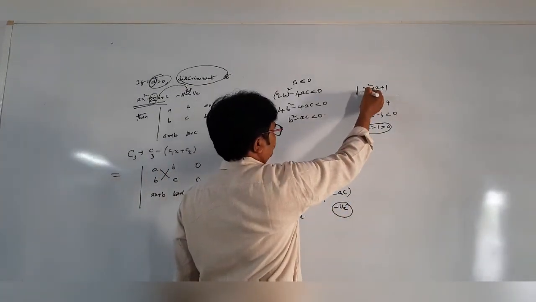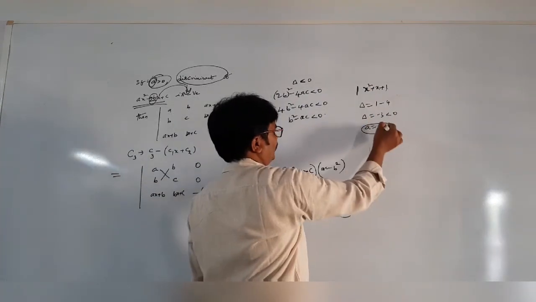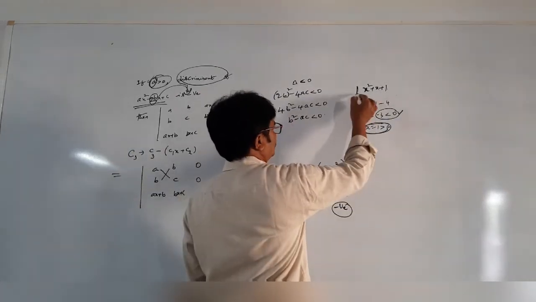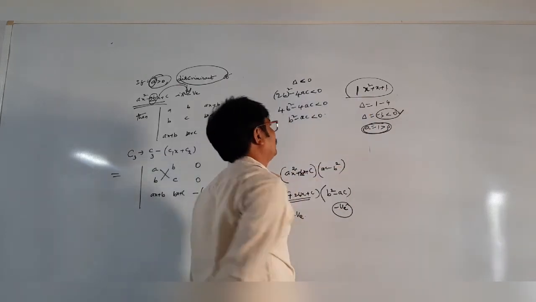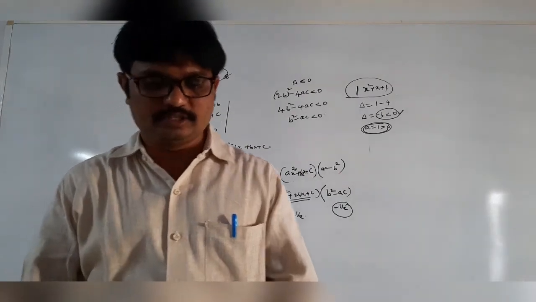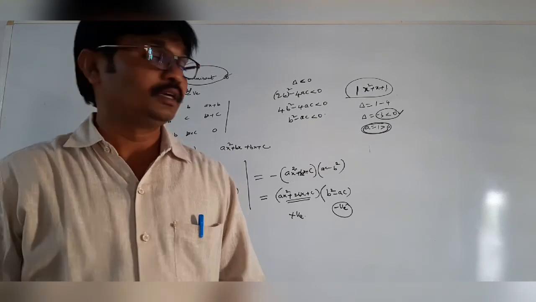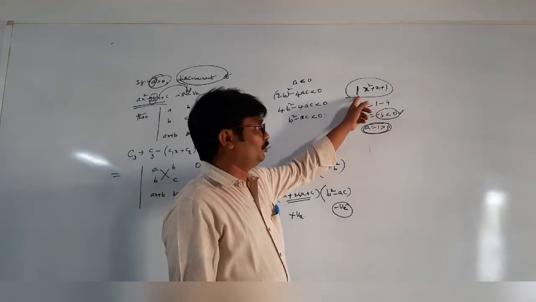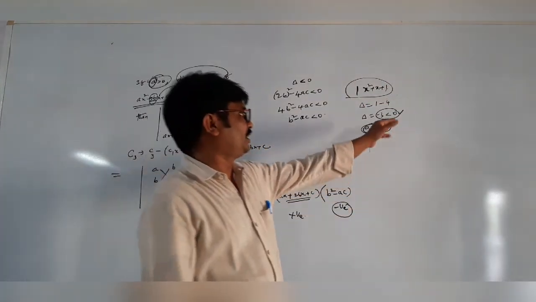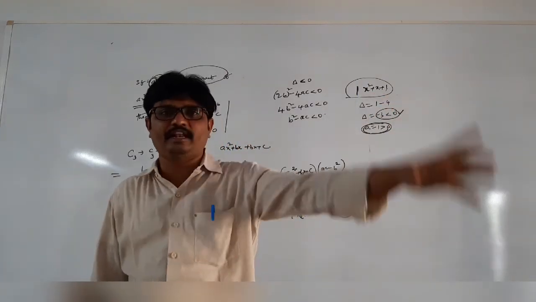When we take x square plus x plus 1, it is a quadratic expression. The x square coefficient 1 is positive but the discriminant is negative. There is a theorem for quadratic expressions: when the discriminant is less than 0, the sign of the expression is always based on the coefficient of x square. If the coefficient of x square is positive, the expression is positive for any real number. When a is negative, the expression is negative for any real number.